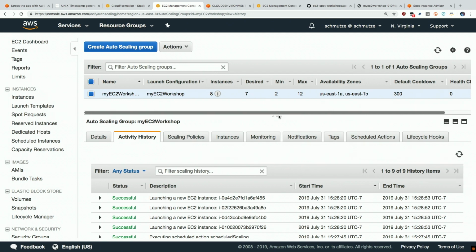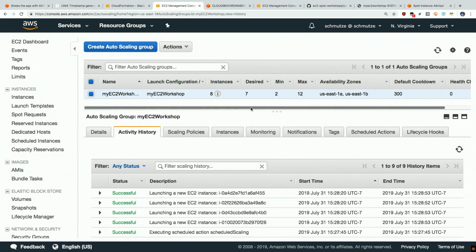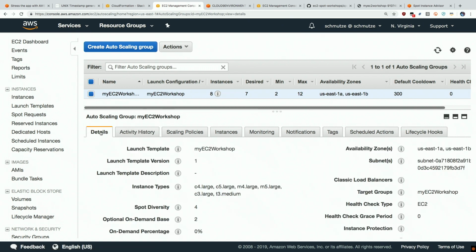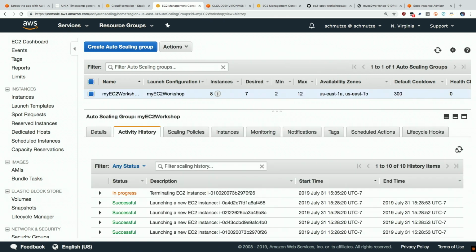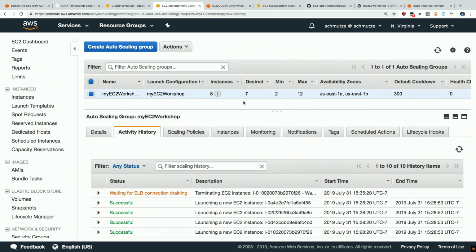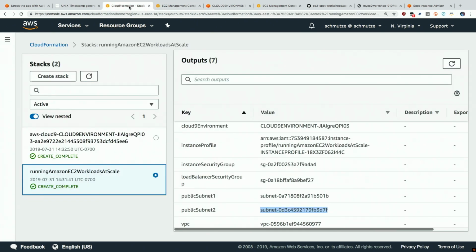So the auto scaling group is actually removing capacity right now, because remember this policy we put on it noticed that we're actually over provisioned, and it's decided to start removing instances, so we're not putting enough stress on it to keep it at this. So the auto scaling group is actually draining one of the instances already, so we can see it's changed from 8 instances to 7 desired, so it's removing one. But now that we've set up some stress on this, let's go take a look at the